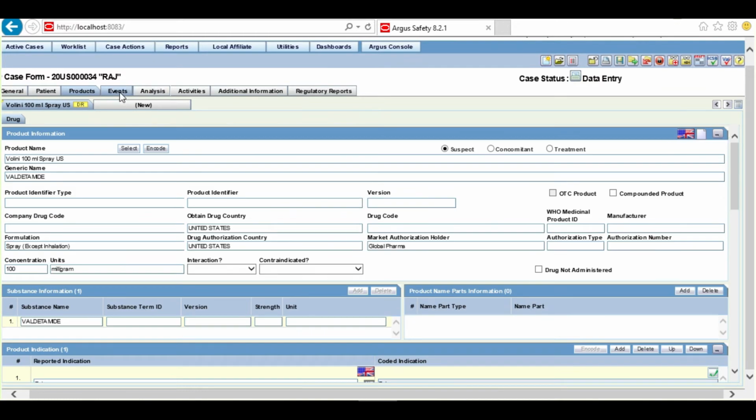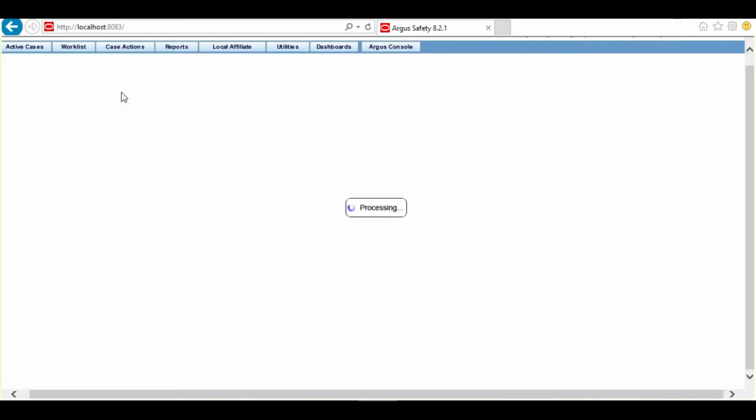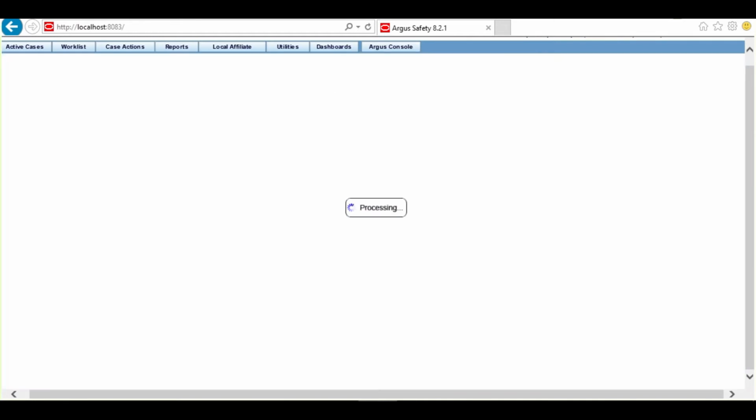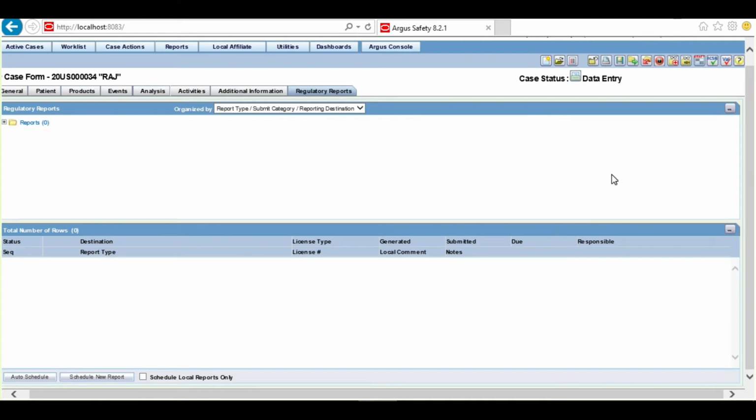Let's go to the events tab. Enter outcome of event. Let's navigate to the regulatory reports tab. Let us save the case.